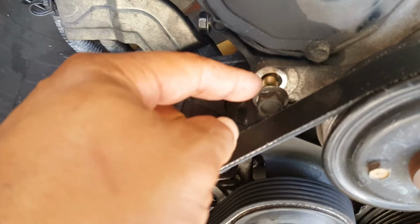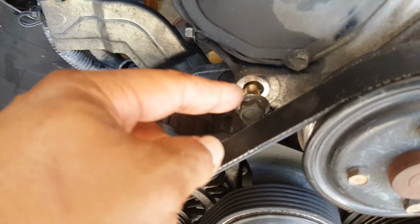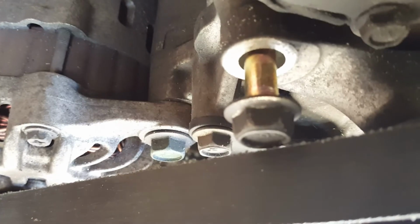What I'm going to do now, because you see this is where the bracket to mount the power steering was, and it's running way too close. So I will go to